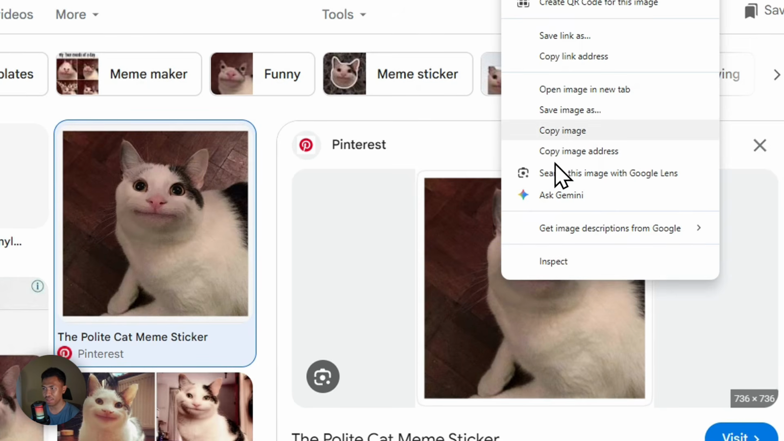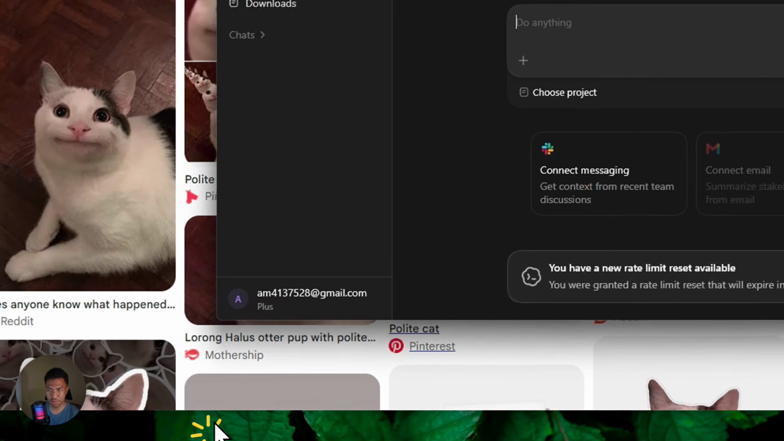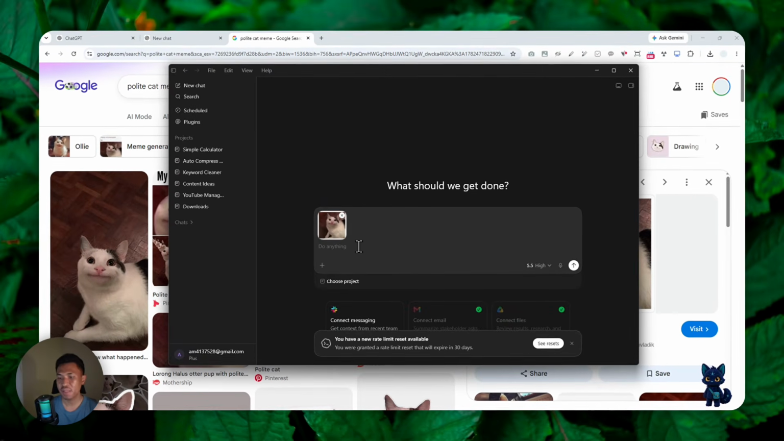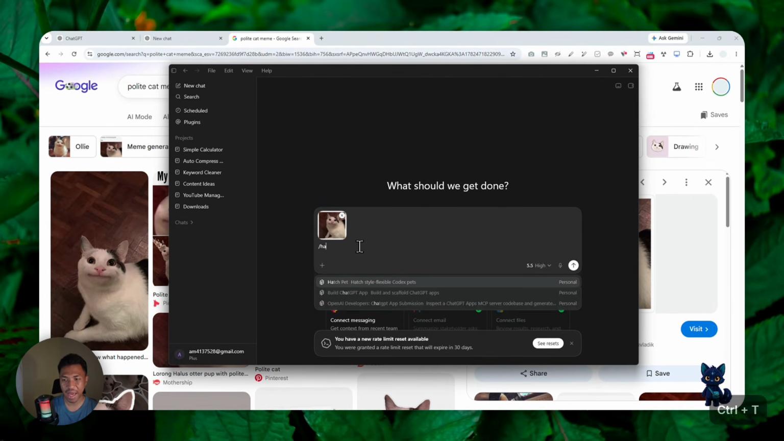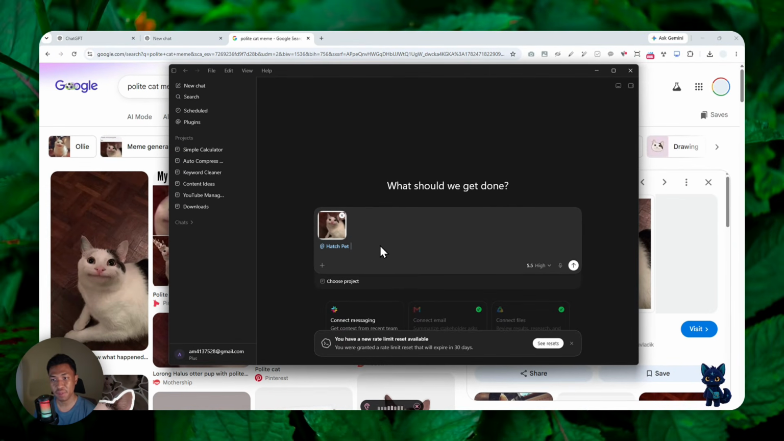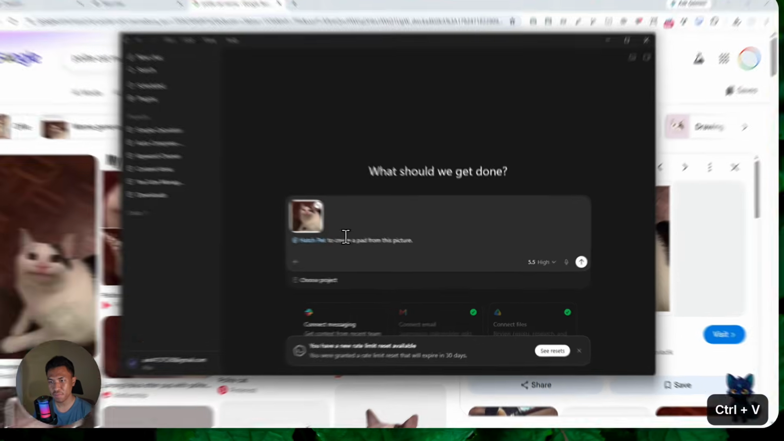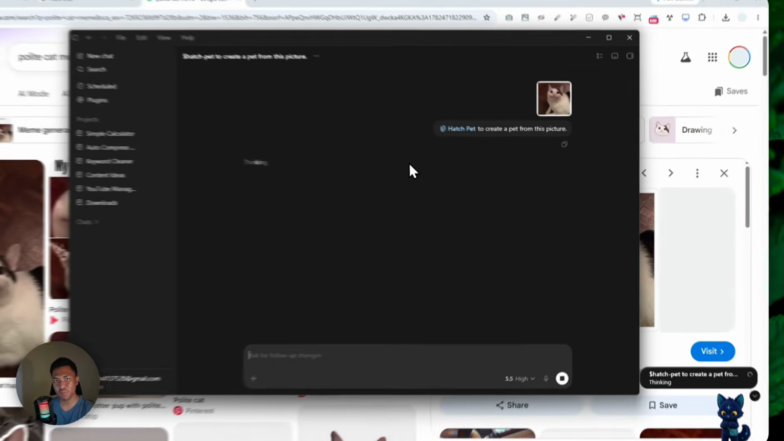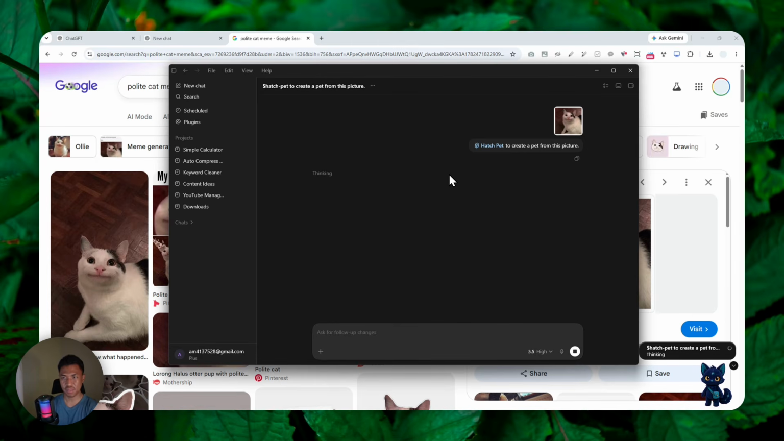Let me just copy the image and bring that back to ChatGPT Codex, and you can start a new message. You don't have to work on a particular project. It is totally optional. Now, right here, you want to type / and then type hatch pet. This is the option that you want to enable. And then you can tell it to create a pet from this picture. And send the query and just wait for the AI tool to build all the assets needed,